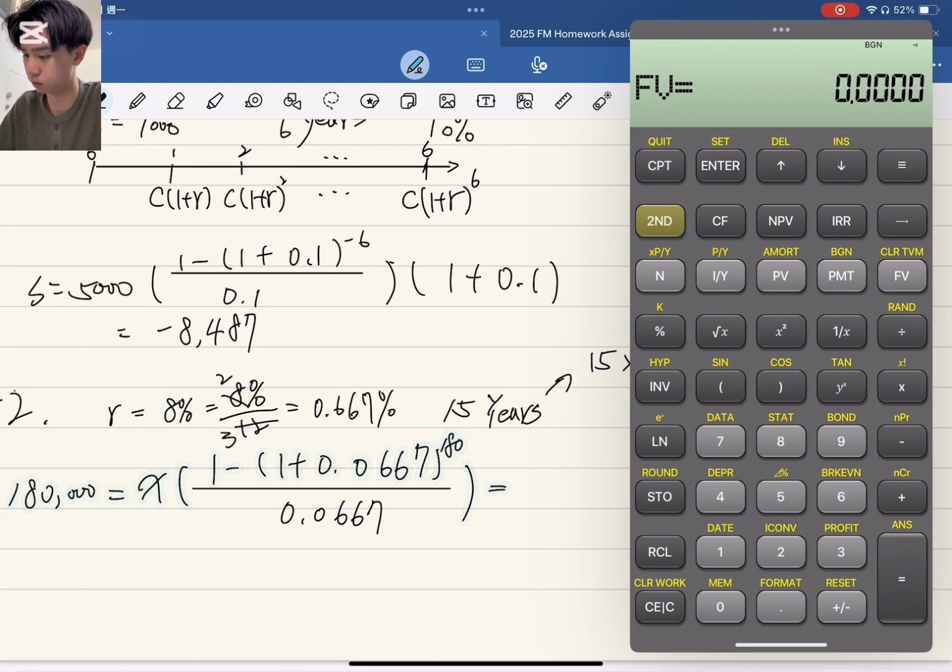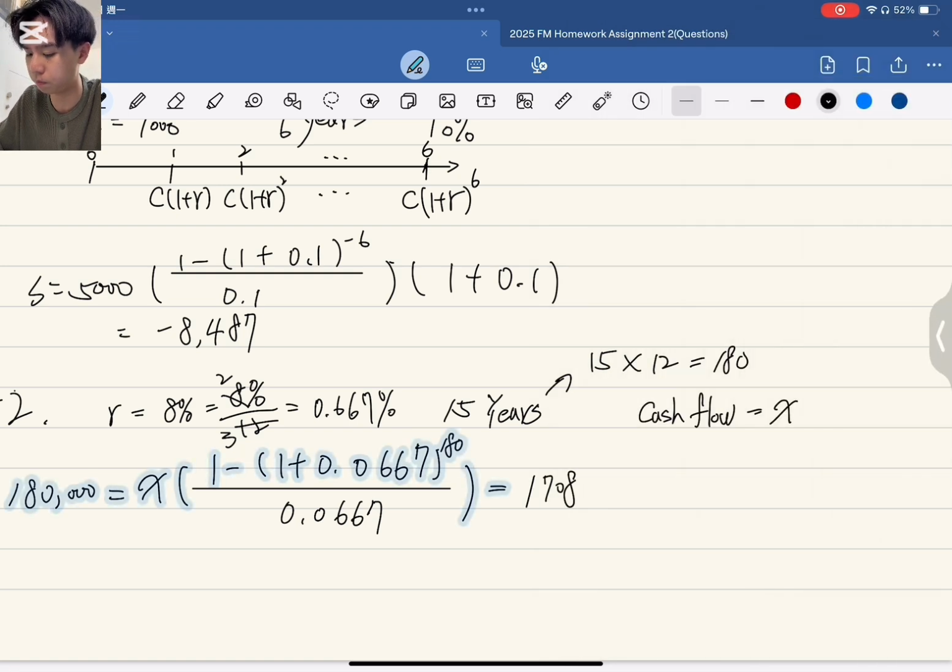So okay, let's compute. The number is 1,708. This is the amount we should pay for the